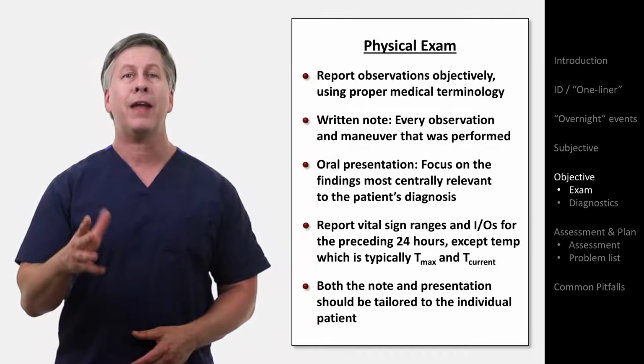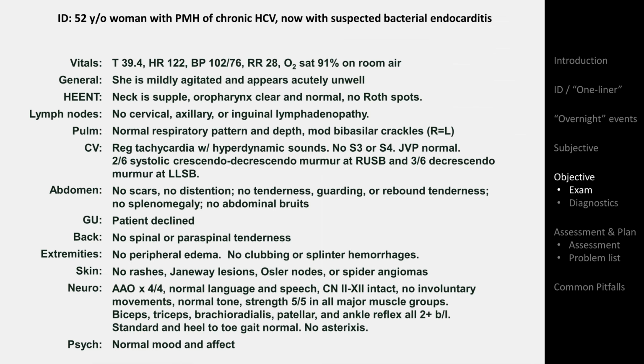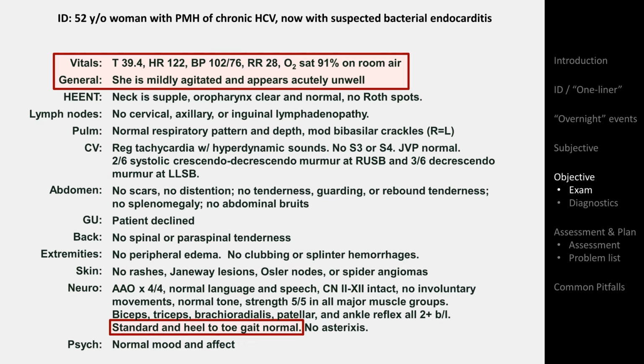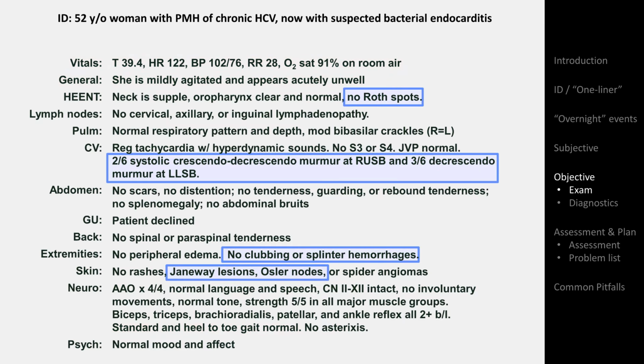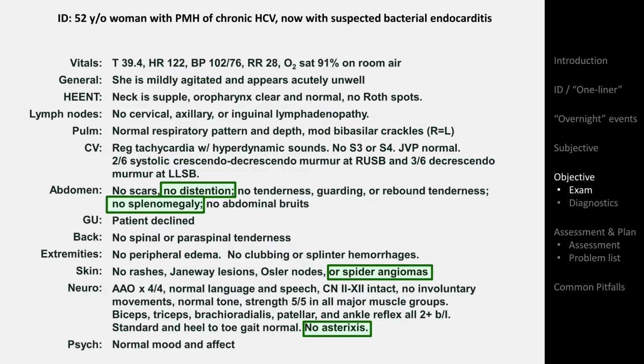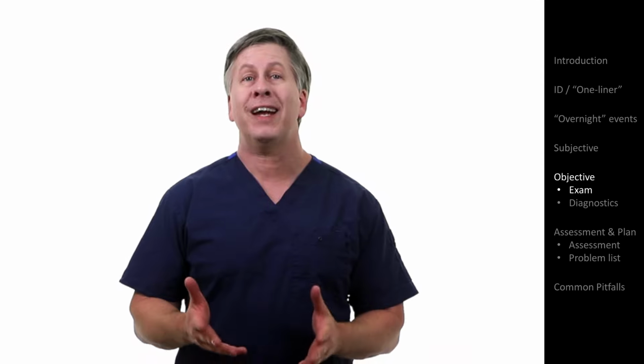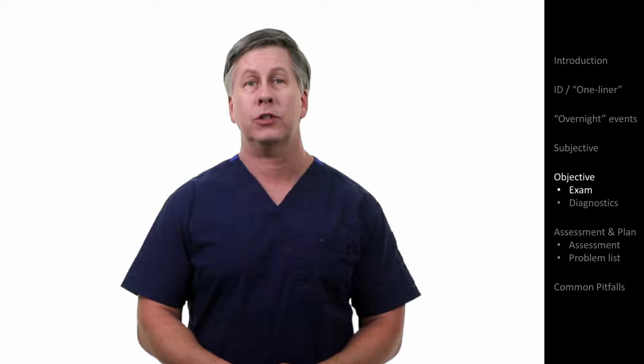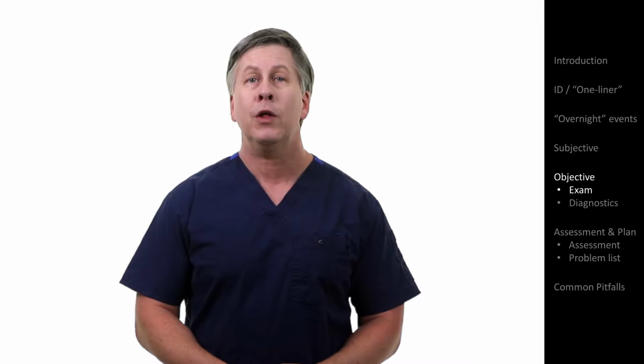I covered this a little bit in the H&P video when I showed this documented exam and discussed how findings can be identified as those providing insight into the patient's overall condition, those that are relevant to the primary diagnosis, those that look for complications of the primary diagnosis, and those that evaluate the status of the patient's pre-existing chronic conditions. You should do something similar for the daily updates in hospitalized patients, though as a general rule, that exam